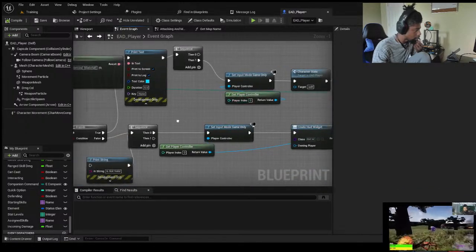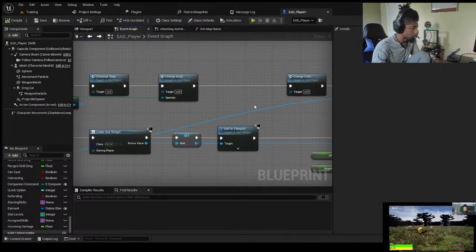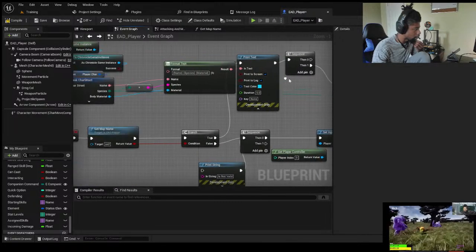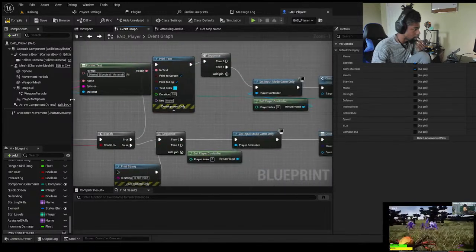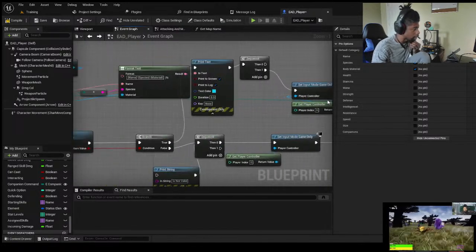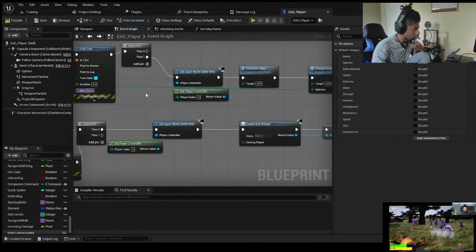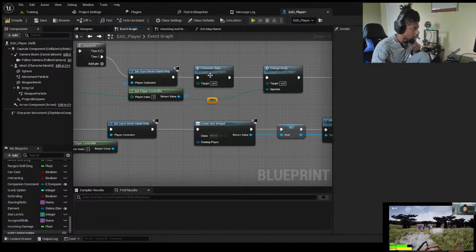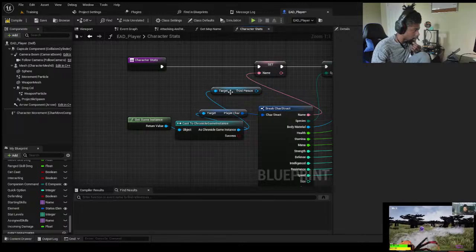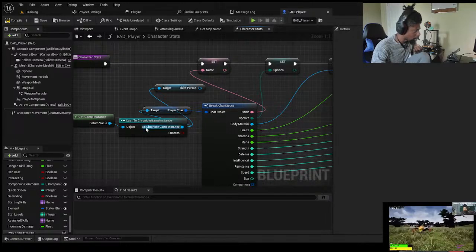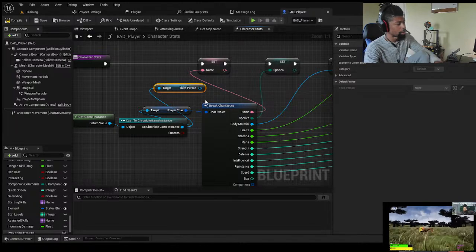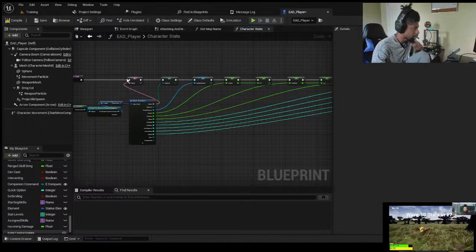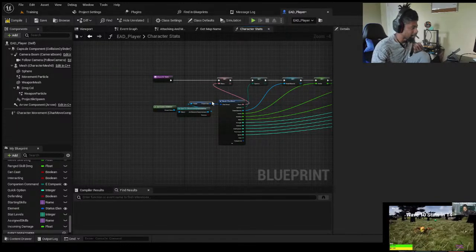We change the body to the one that the character had, to match the one in the character game instance, by getting its species enum. The stats will probably be a similar thing. It gets the game instance, the player character, and then assigns all of these variables in the player character from